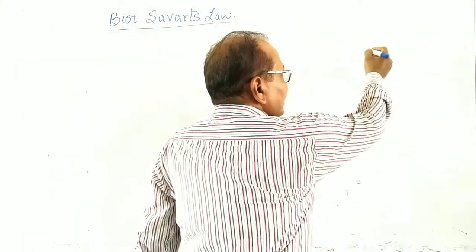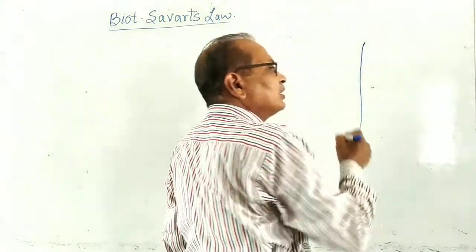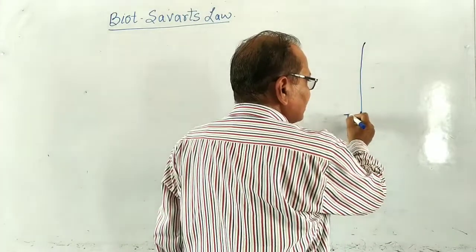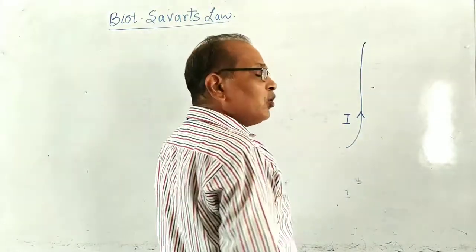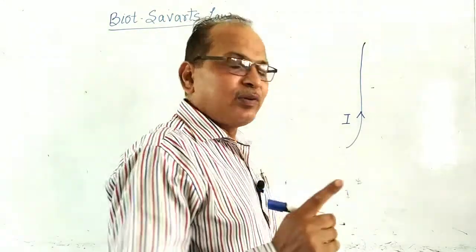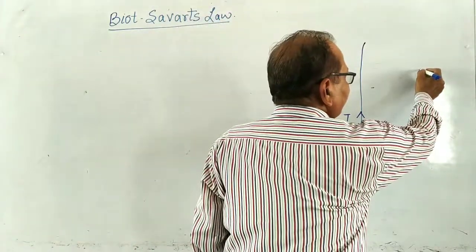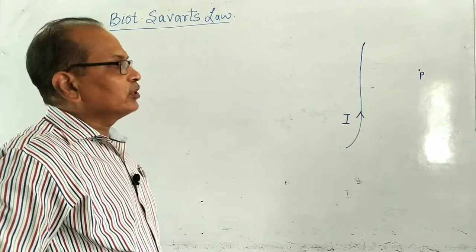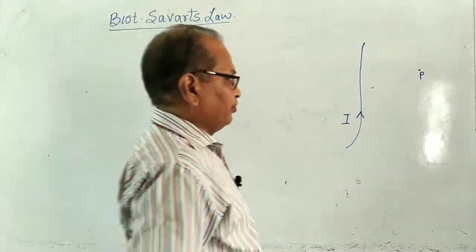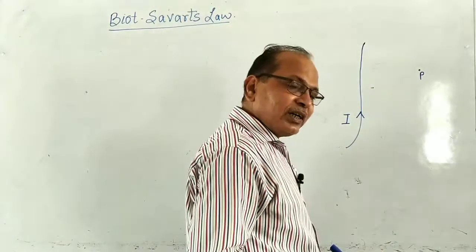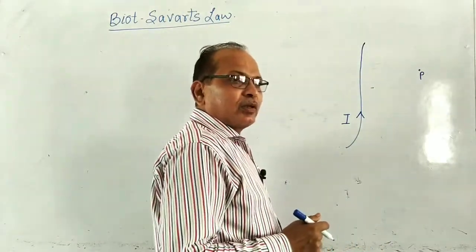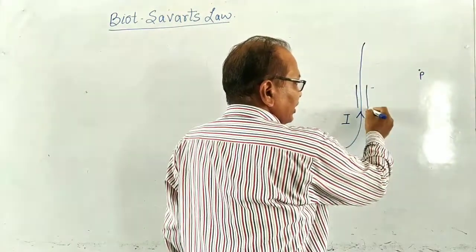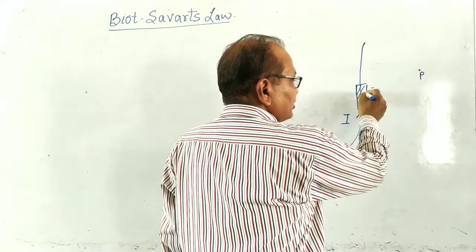So, this is any conductor and the current flowing through the conductor is I. Now, you want to find out the magnetic field intensity at the point P, which is over here. This is the point where you want to find out the magnetic field intensity. For calculating the magnetic field intensity at the point P, let us consider a small element of this wire. This is a small element.